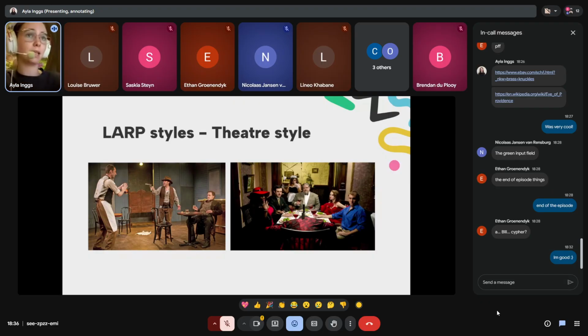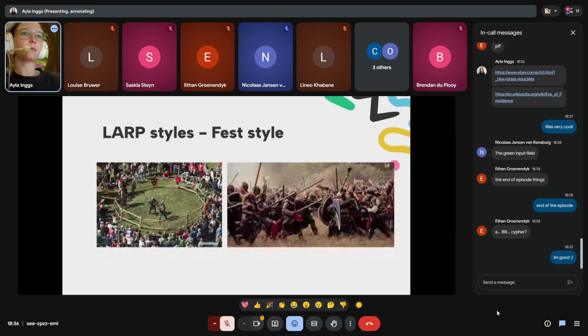Another example is a murder mystery game, like the dinner parties that I mentioned. You might just get told, "Hey, this is your character. Do what you want." Not a lot of information is given to the characters, and it's typically indoors. We then get our face style LARPing, which has a lot to do with two opposing factions.